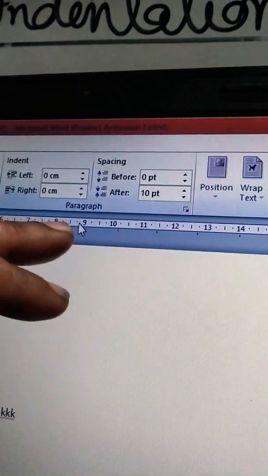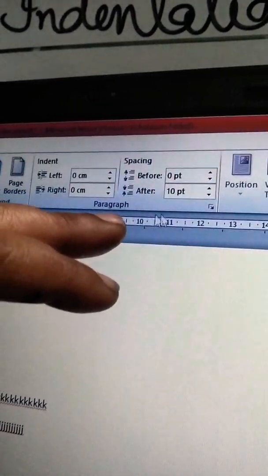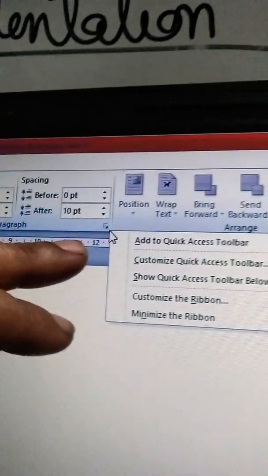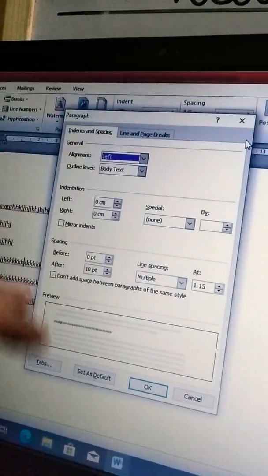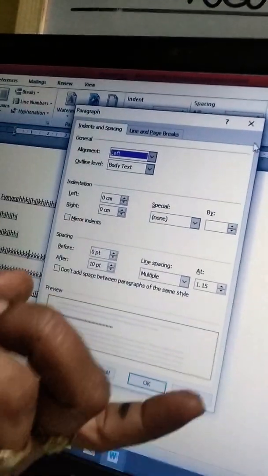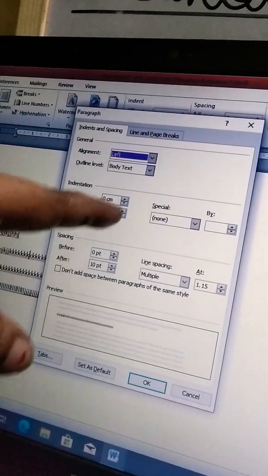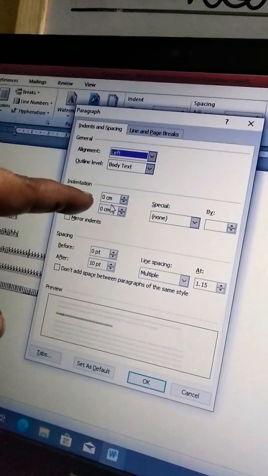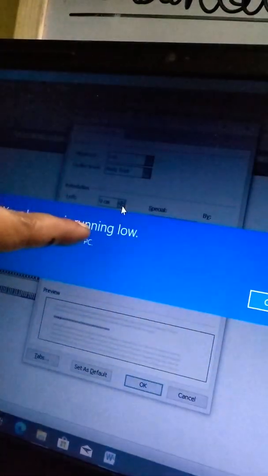Here you can see this arrow, and by clicking on this arrow handle, you can open the paragraph dialog box. See, the paragraph dialog box is open on the screen. Now here you can see the indentation left, right. You can set the indentation by increasing or decreasing these values.